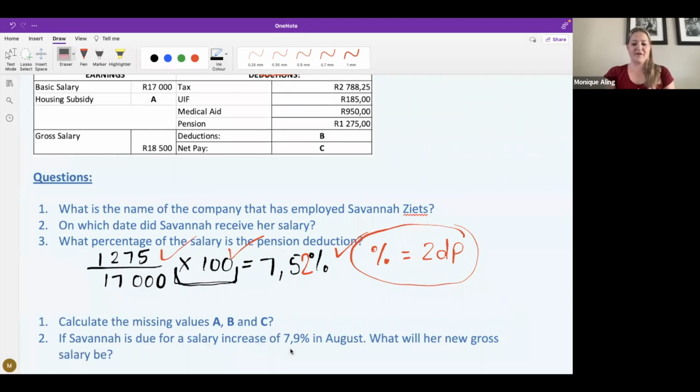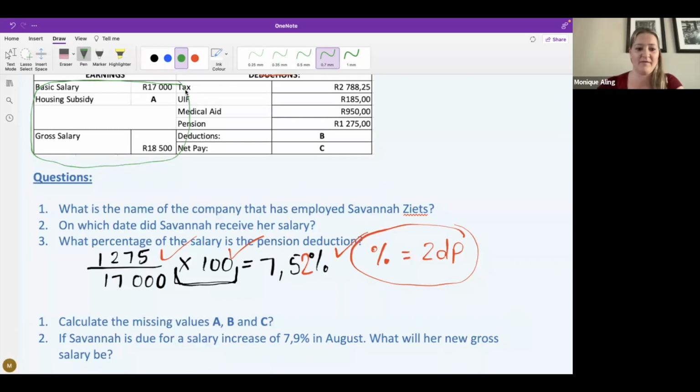Okay, who's got the answer for A? Do you want to put it in the chats? $1,500. Okay, Asanda was an overachiever and did all of them. So A is 1,500. And the way this was worked out is we can see